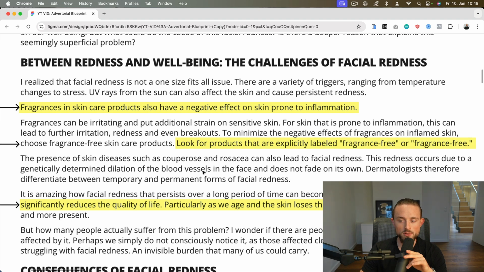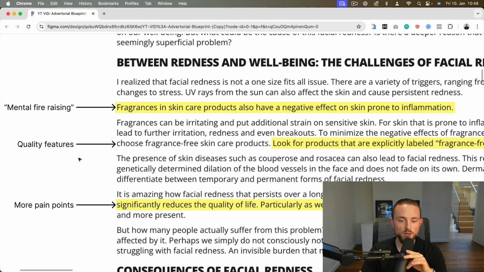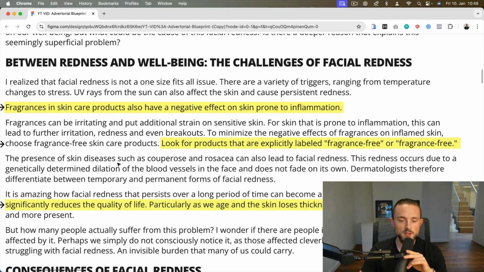Yeah, here's a quick translation issue because this was written in Germany. So we talk about quality features, then we talk about the presence of skin diseases such as couperose and rosacea